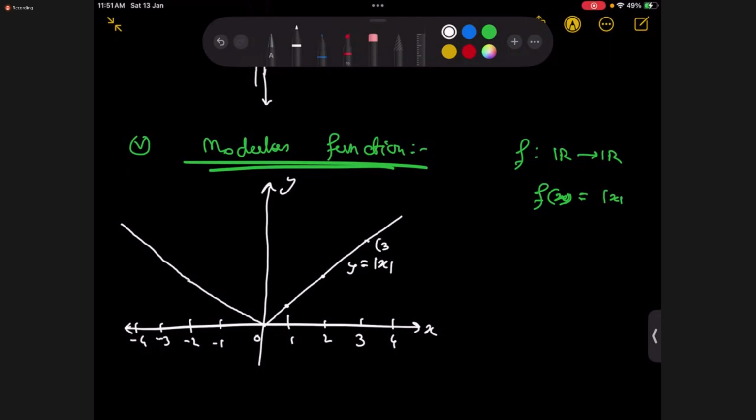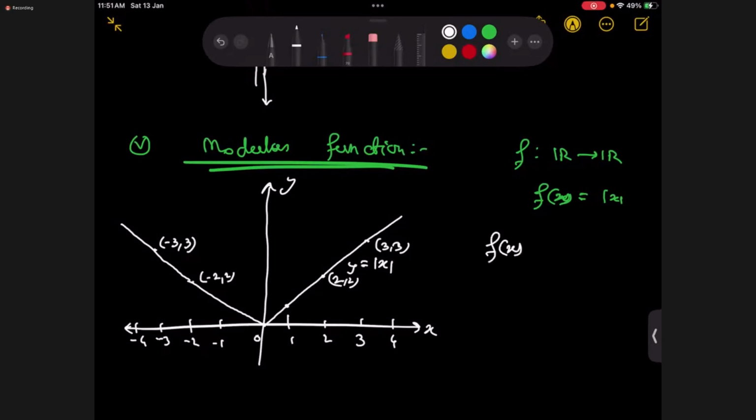This is 3, 3, and here it is minus 3, 3. Similarly, minus 2, 2, here it is 2, 2, like this. And thus we found the graph of the function mod x. Or we can write this function like this: